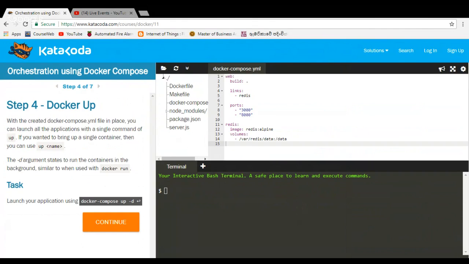With the created docker-compose.yaml, you can launch all the applications with the same